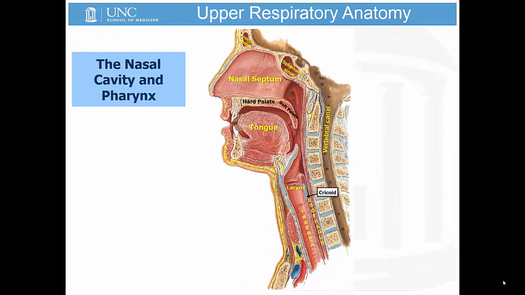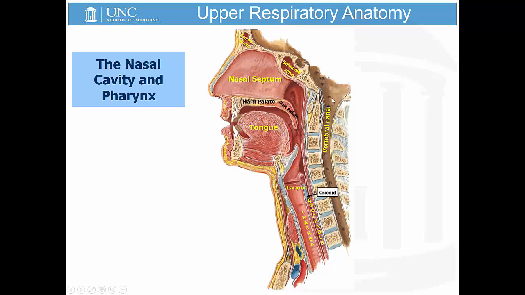In the upper respiratory anatomy demonstration, we'll consider a midline sagittal section of the head. Let's take a moment and orient to this section. Anteriorly, the nose. Note the location of the tongue and the oral cavity, the roof of the mouth, the hard and soft palate. Note the midline nasal septum and the location of some of the paranasal sinuses, the frontal and sphenoid sinus. In this image, also appreciate the location of the cervical spine and the vertebral canal where the spinal